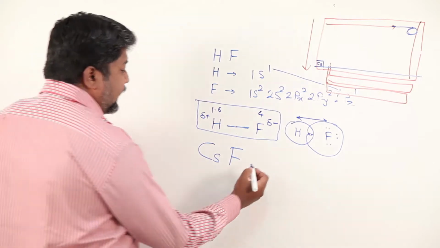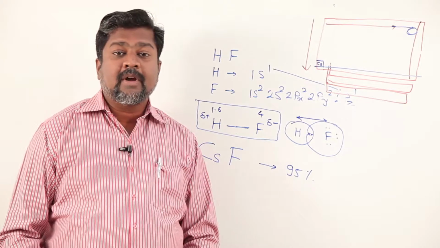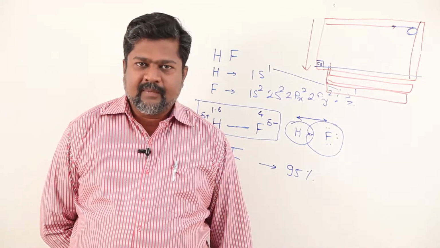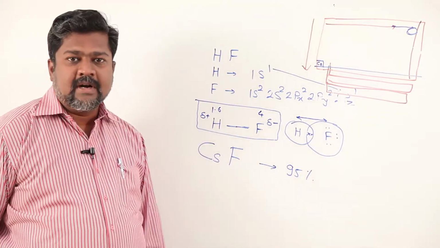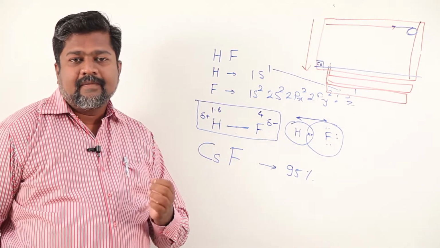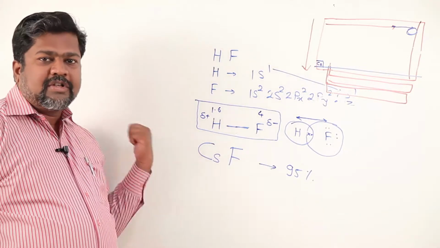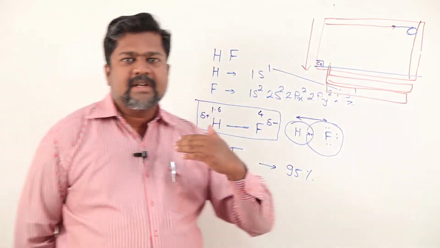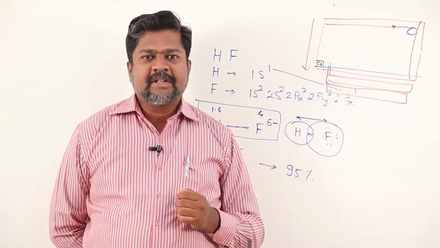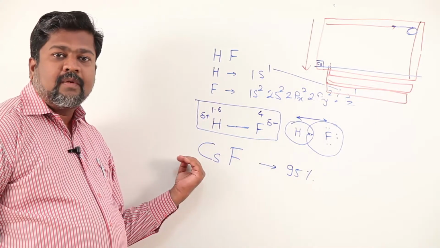But keep in mind, this electron transfer is there just for 95%. I am saying just, because after all this data, this is not 100% or even 99 point something percent. Why is this around 95%? Because the moment cesium loses an electron to fluorine, it acquires a positive charge, and then it will try to pull the negative charge, that is the electron, back towards itself. So first it is donating, and then immediately it will try to attract because it is developing a positive charge. This is called Fajans rule, and on the basis of Fajans rule we are getting this type of back possibility.